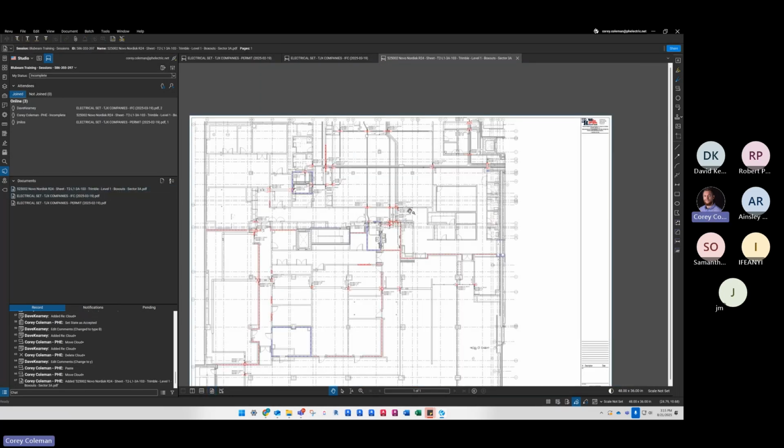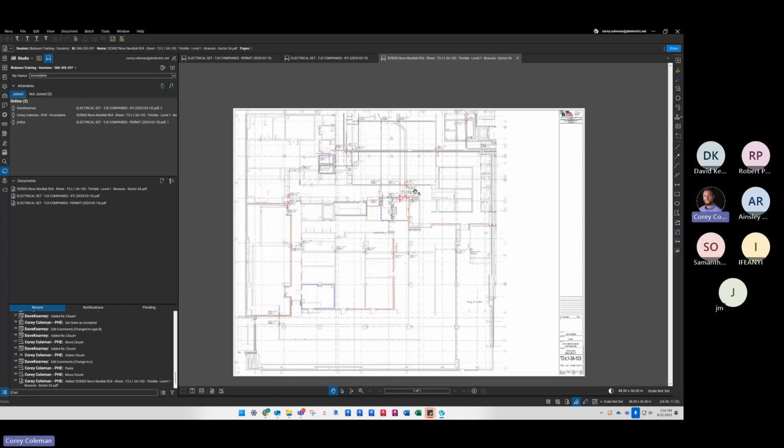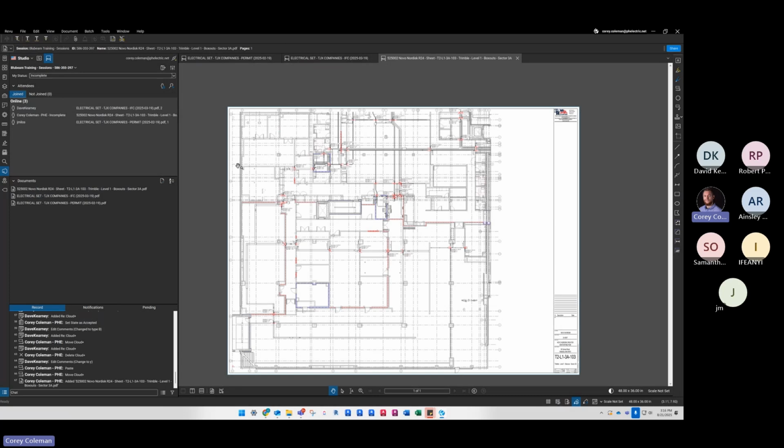When I add it in here, that markup does not transfer unless it was saved. So you would lose all your markups. This has happened a few times to some people. So what you would need to do if you wanted to save them